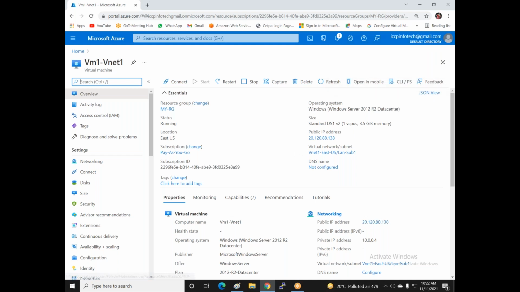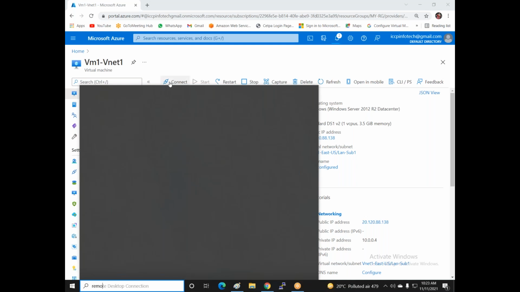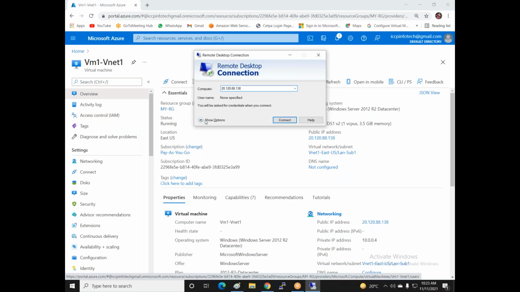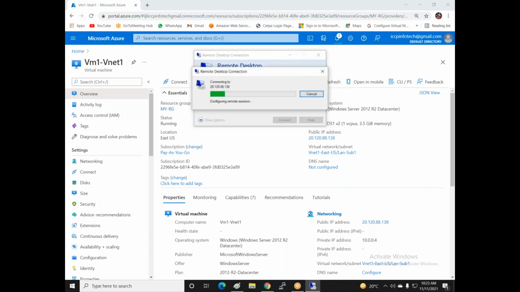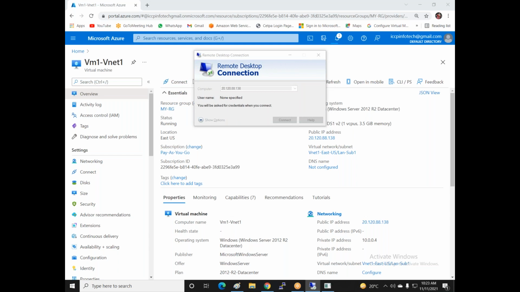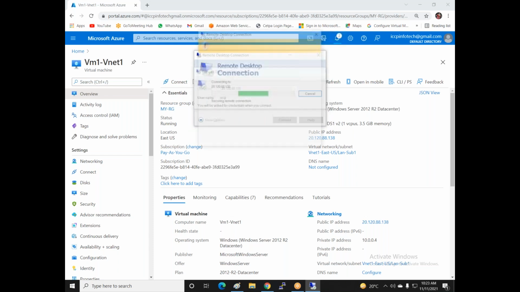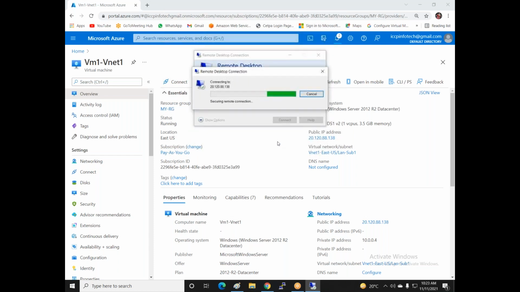I'm just copying this public IP and going to remote desktop. Connect. And now this machine is working perfectly. Okay, it's done.